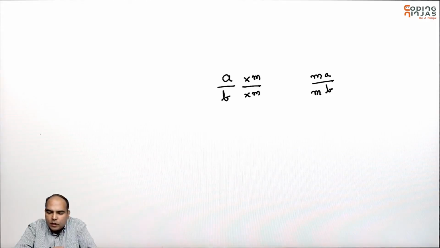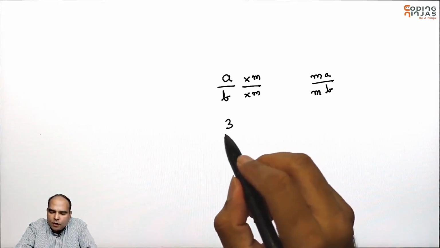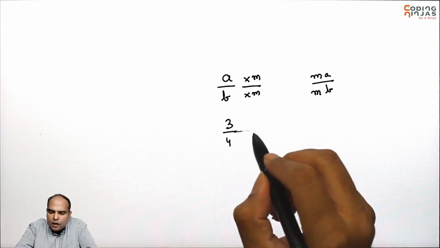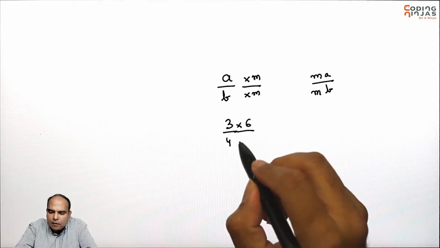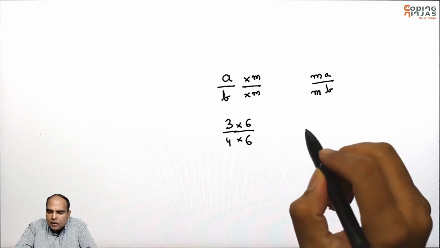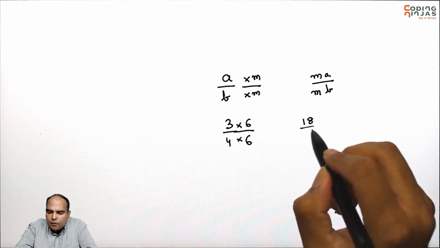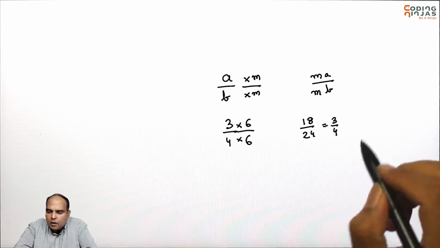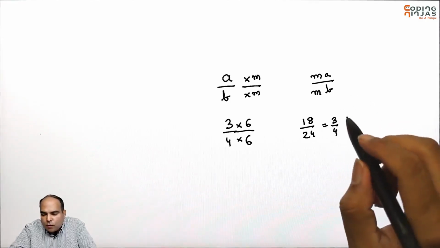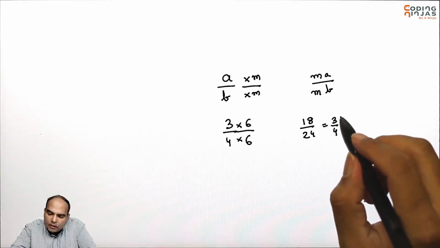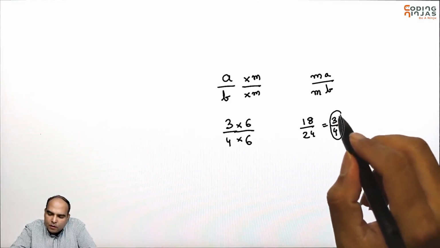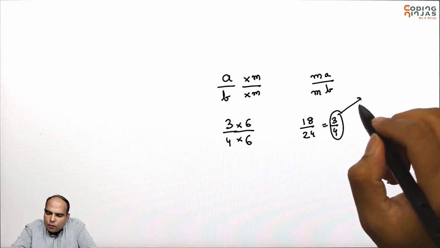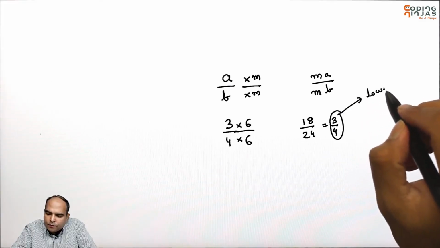The ratio remains unchanged. So for example, if I have a ratio of 3 by 4 and I multiply this by 6 and that also by 6, I'll get a ratio of 18 by 24, which is equal to 3 by 4. Of course, you should also know one more thing here, that the 3 by 4 is referred to as the lowest form of the ratio,